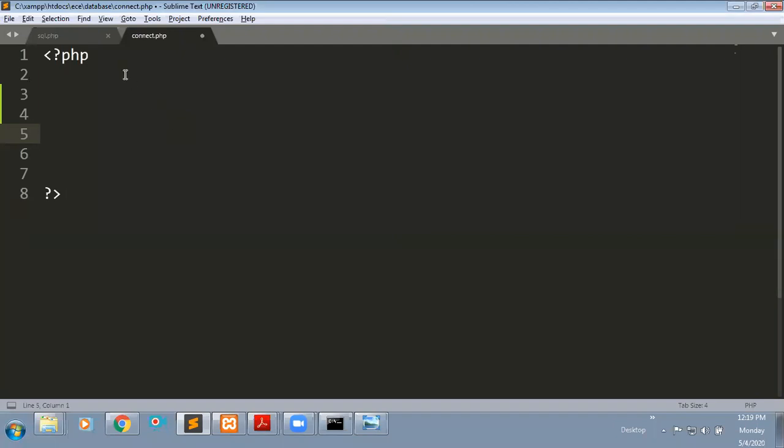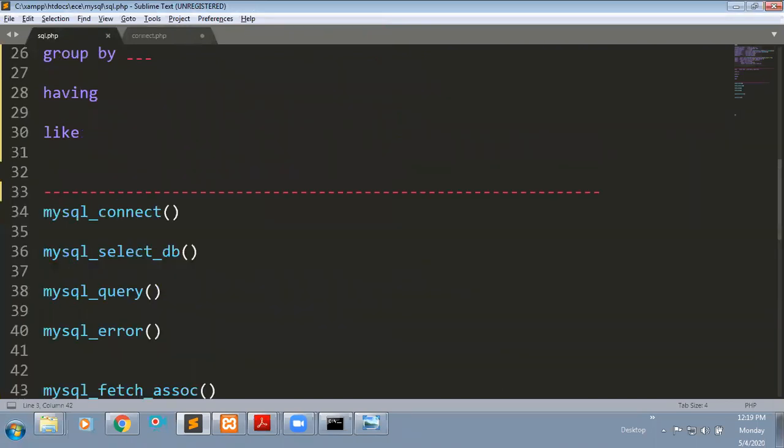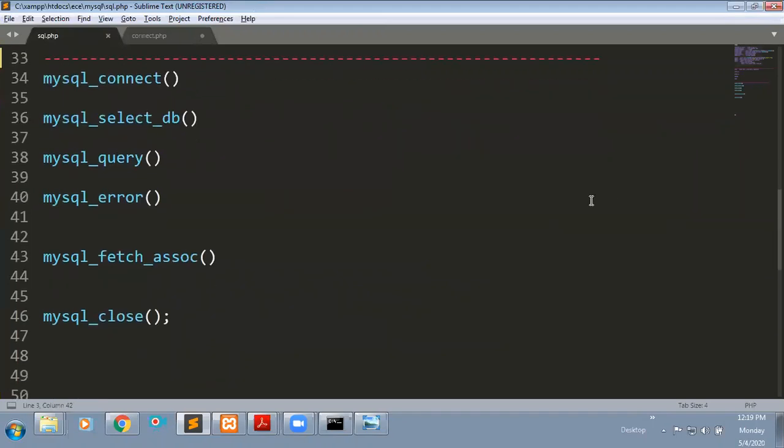The predefined function available in PHP is mysql_connect. This is the built-in function used to connect with your server.